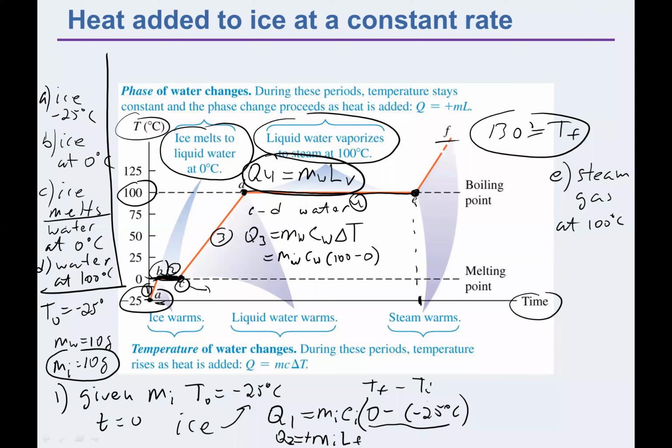Okay, what is next? Now that I have all gas at 100 degrees Celsius, if I continue adding energy, let's call this stage 5, then all that energy will go into increasing the temperature of the gas, because it's already all gas. So if I go from E to F, that will basically be increasing temperature. And for this stage, I have, let's say, Q5, and that will be mass of now steam,